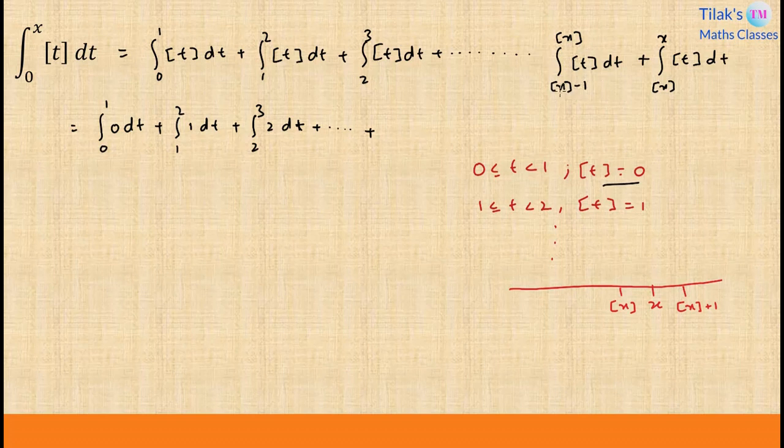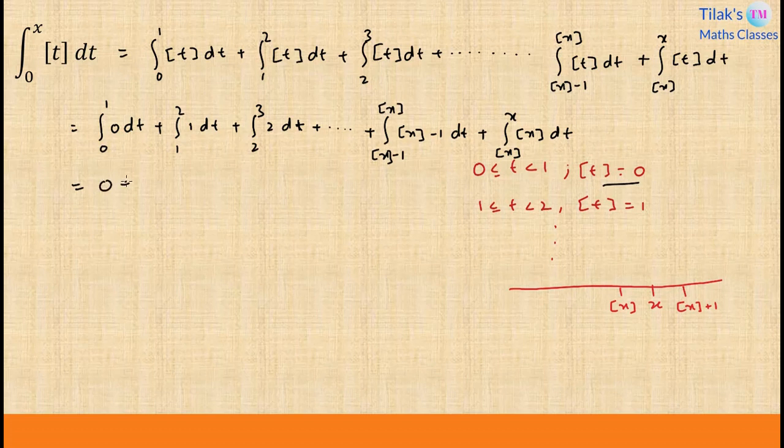Since it lies between greatest integer of x minus 1 to greatest integer of x, its value will be greatest integer of x minus 1. So, integral greatest integer of x minus 1 to greatest integer of x, greatest integer of x minus 1 dt, plus the last integral will be integral greatest integer of x to x greatest integer of x dt